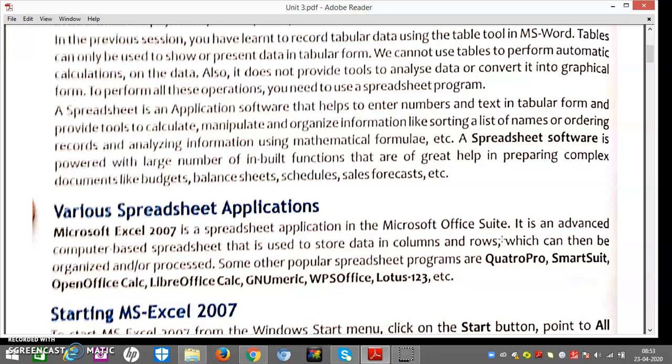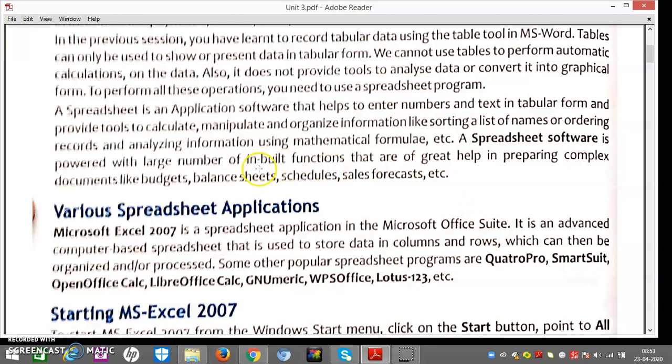For example, you can draw a line chart, a bar graph, or any other kind of chart, such as a scatter chart, area plot, or pie chart. So there are a lot of methods through which we can develop or display our analysis. To perform all these operations, we need a spreadsheet program.